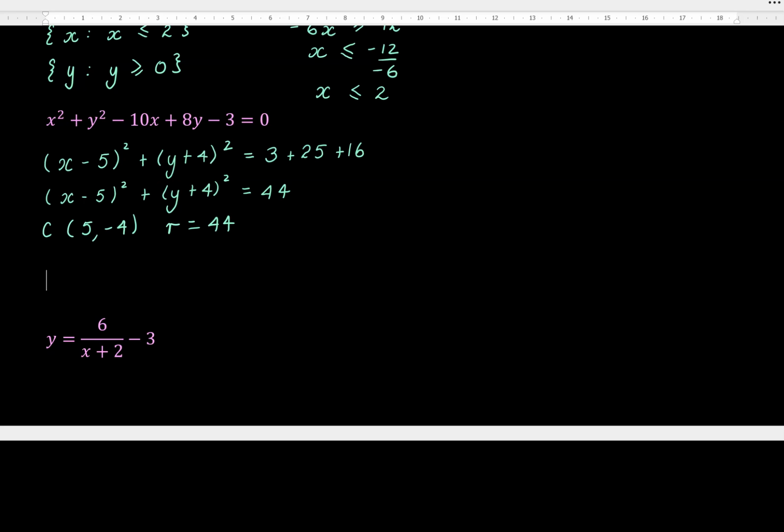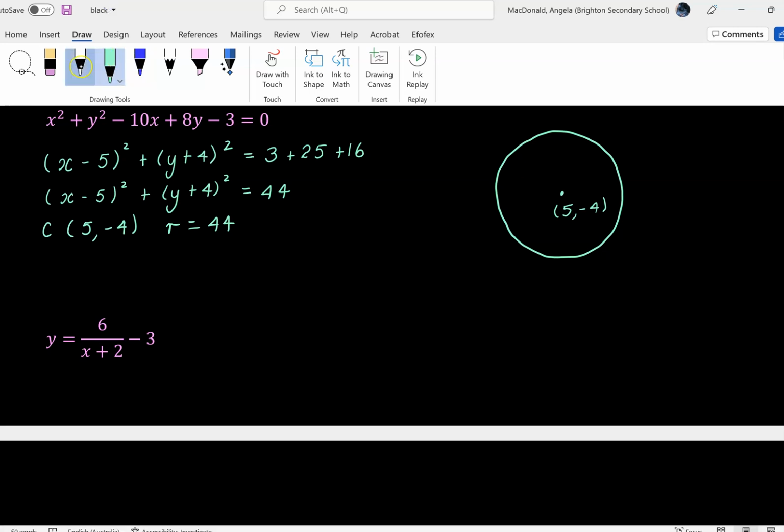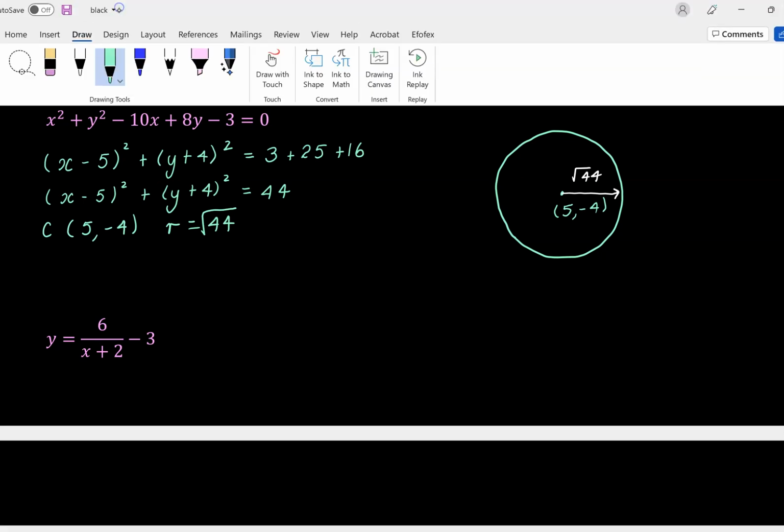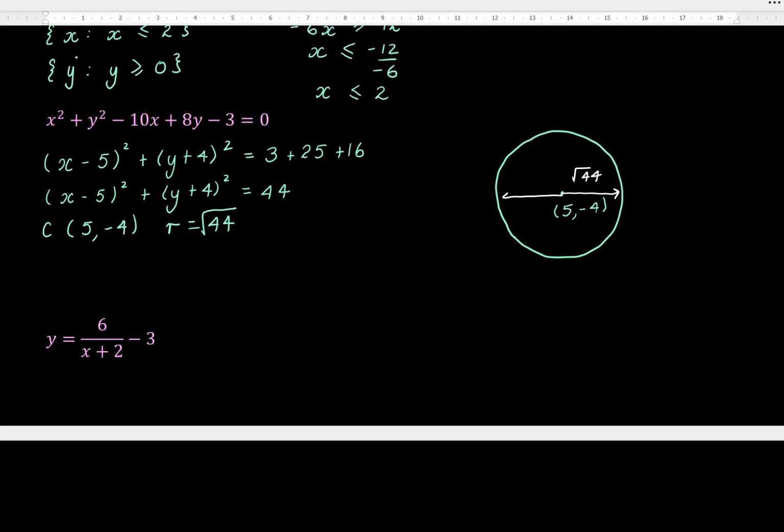So how does that help us find our domain and range? Well, let's picture it. Whenever you're stuck, try to draw a diagram. It always seems to help. All right, so here we go. We've got that circle, and the center is 5, minus 4. Now, if we're looking at our domain, it's going to go out that way by root 44. And of course it's also going to go root 44